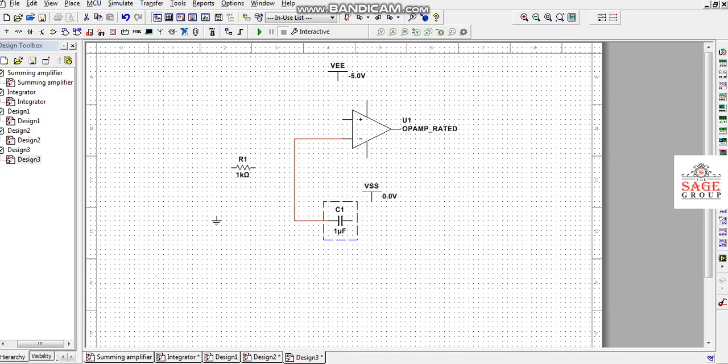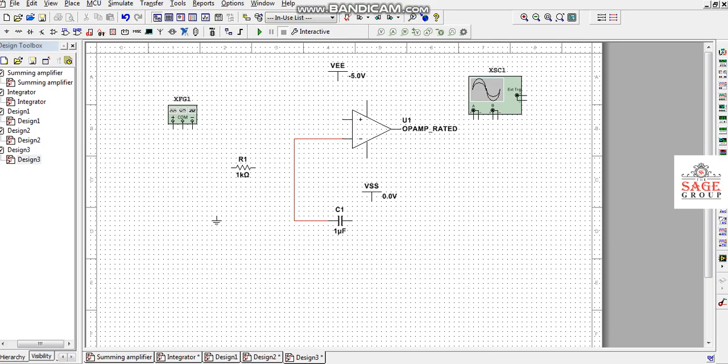If I want to give the input, I will keep the input from here. This is the function generator, so I have to just click the function generator for giving the input, and this is our CRO. Just place the CRO in this circuit window. With the function generator, we will give the square wave input to the inverting terminal of the operational amplifier, and at the same time we will connect channel B to the function generator.